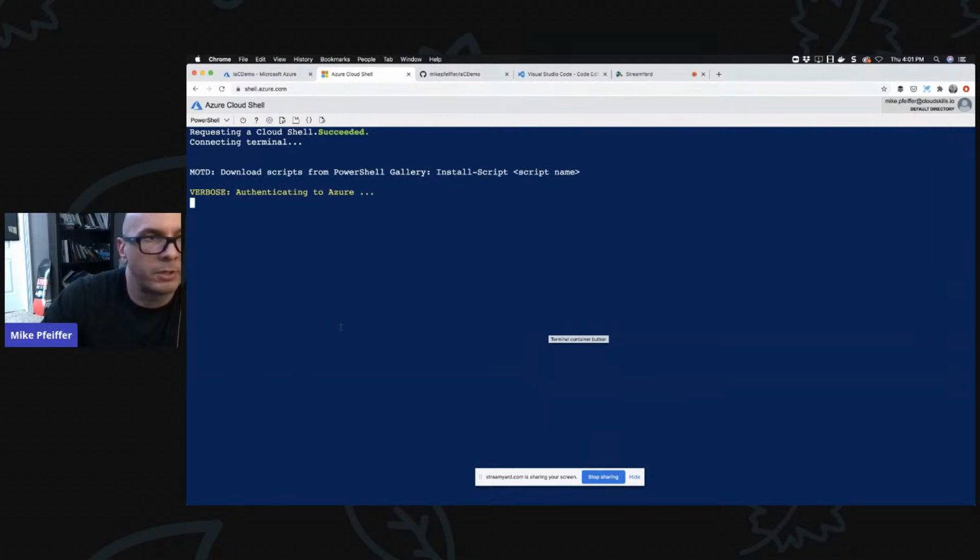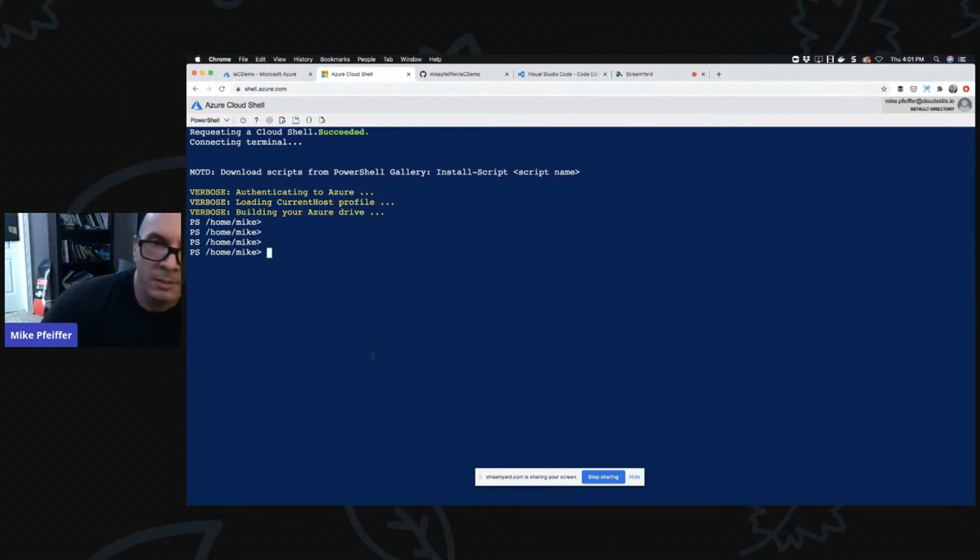Probably putting this on my computer would be the best thing, especially if I was doing stuff every day on this machine. But honestly, this is a machine where I do a lot of recordings, and I don't like to install stuff over and over and over again on the same machine.